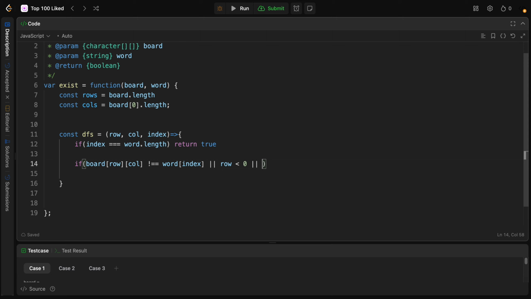And also if row is bigger than or equals rows, this condition checks if the current row is equal to or greater than the number of rows. If row is greater than or equal to the number of rows, we have moved out of the board's boundaries towards the bottom. Okay. Also, if col is less than 0,